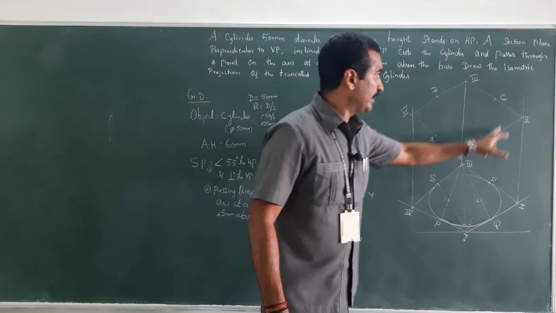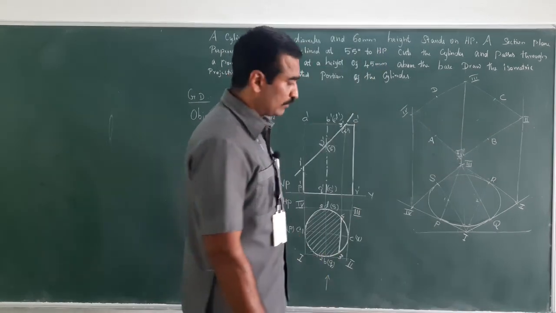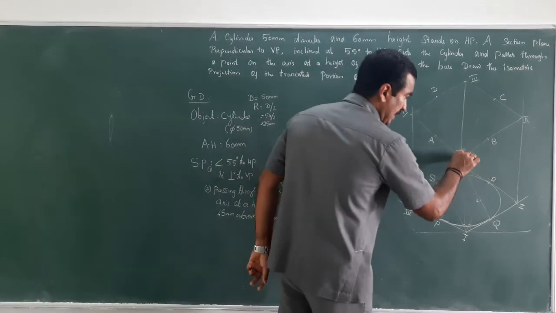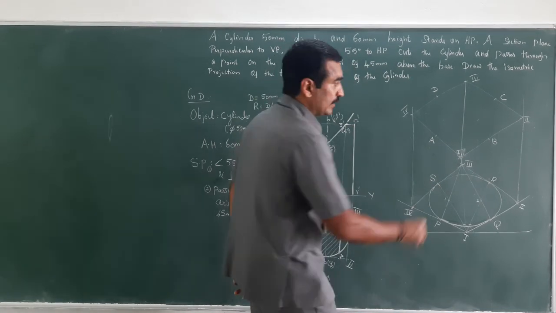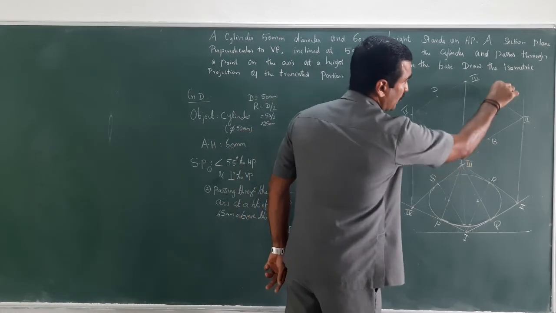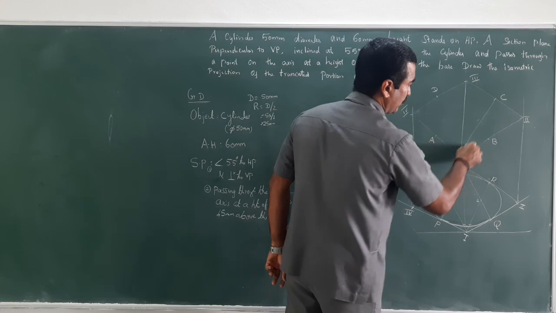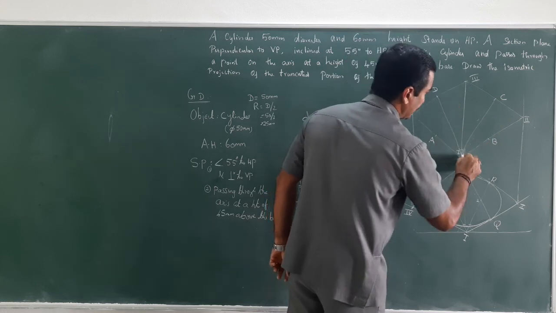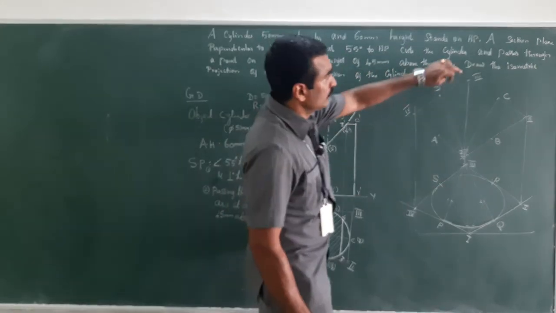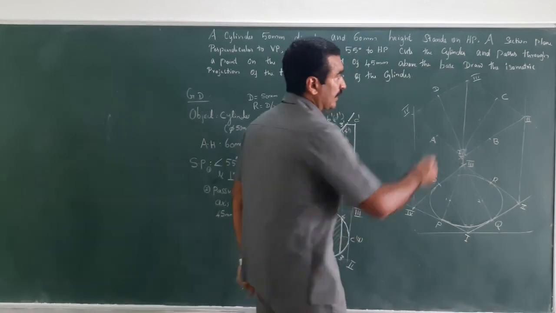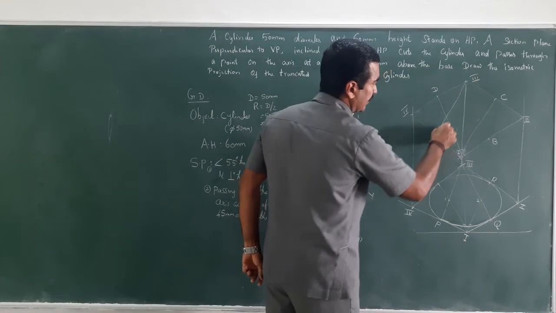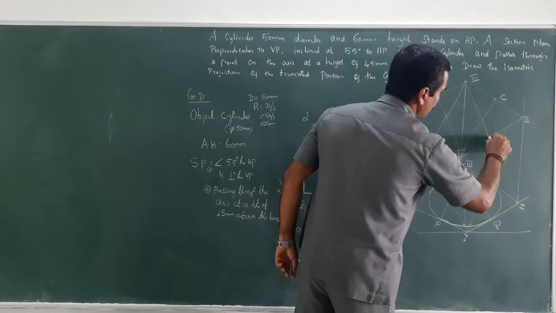Now the midpoint has been marked here. What I have to do? Keeping 1 as the point, draw the connected line to the opposite midpoints. So C is the opposite midpoint. Similarly D is the opposite midpoint. It's over. Now choose point 3 and connect the opposite midpoints. Here it is A and the opposite side is B.